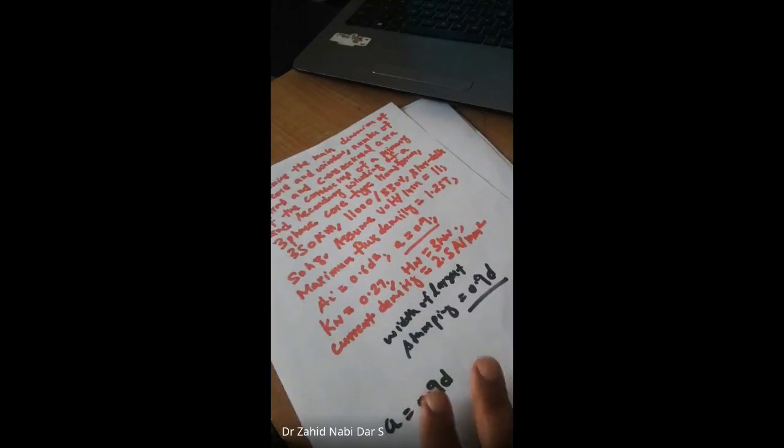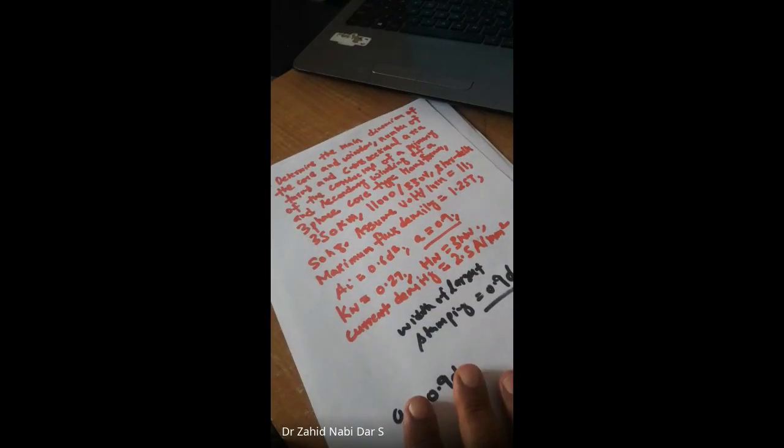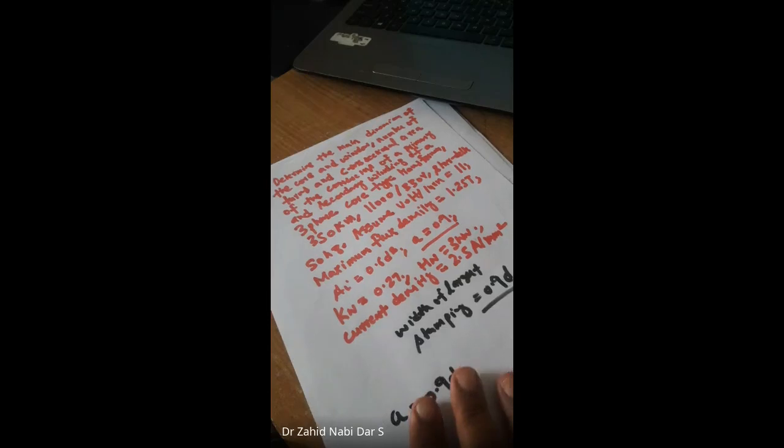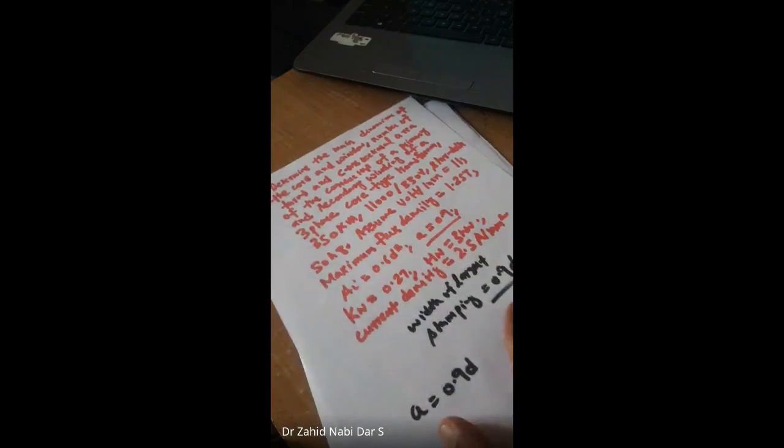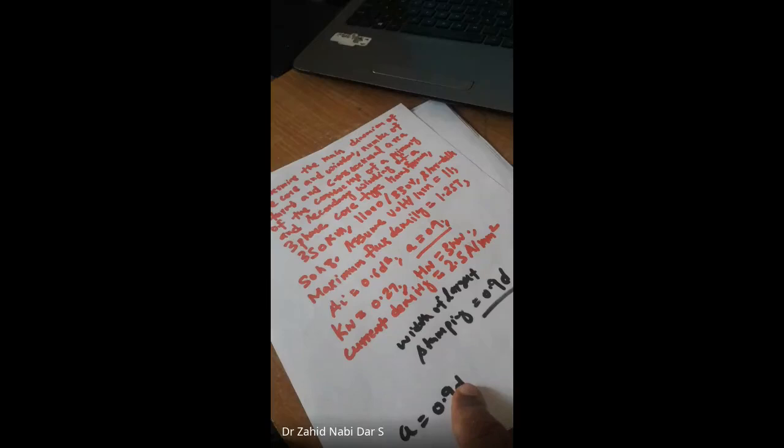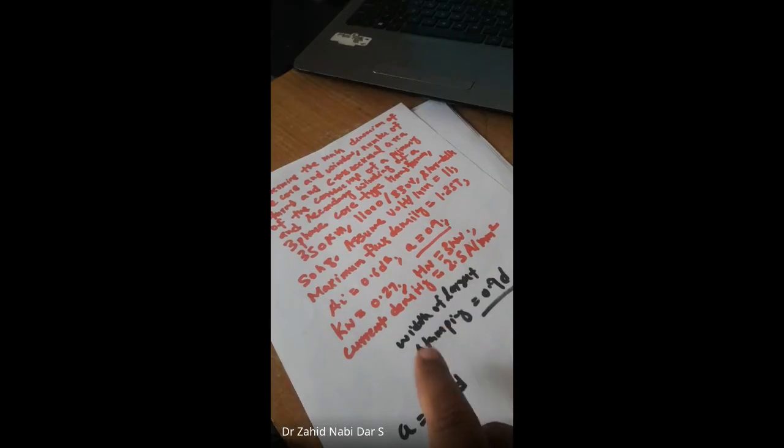So you understood. Ratika, you can do it. You will try. We'll try, sir. If you have any doubts at any point, whatever the hints were there, I gave you. The only thing not mentioned was A equal to 0.9 D, that you have to take because it's a cruciform core. It's a three-phase transformer, so you have to try it. And next class, I'll ask you the answers for this.